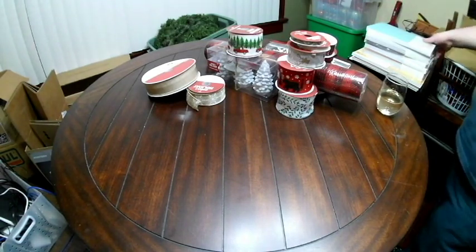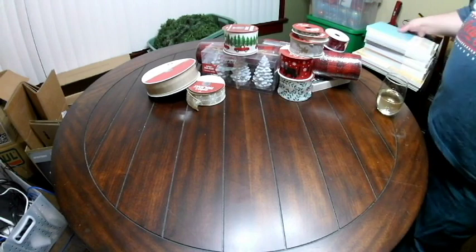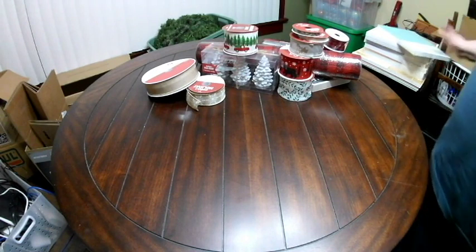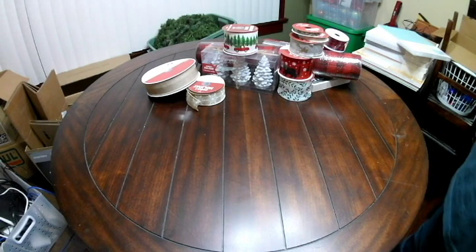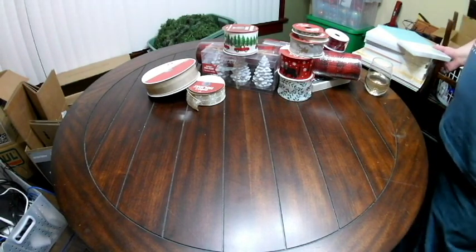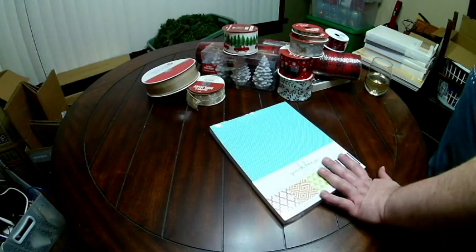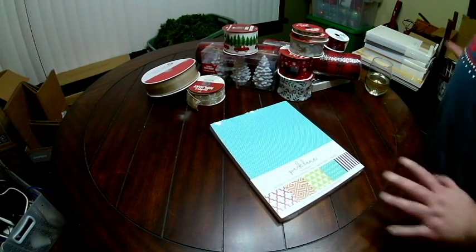Now, as I said earlier, I have a love-hate relationship with JoAnn's, and this would be why. If you look in their ad this week, it says they have 50% off paper stacks, which is the real reason that I went to JoAnn's. As I said, I bought myself a Cricut, and having never used one before, I wanted to get some cheap paper and stuff to play around with cutting and getting used to it. So I went there intentionally to get these packages. Well, when I went,